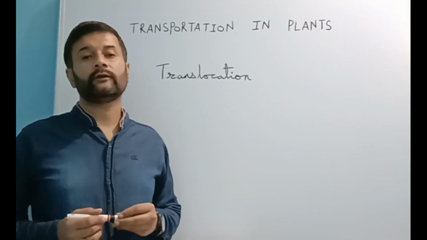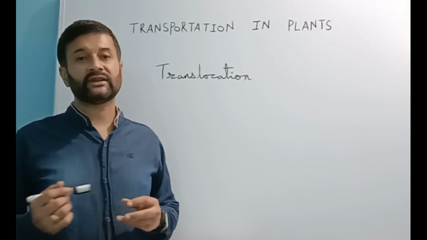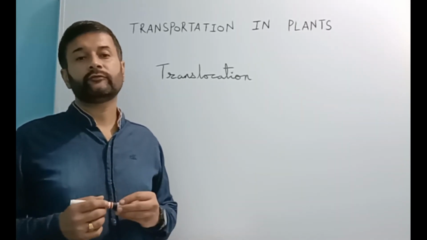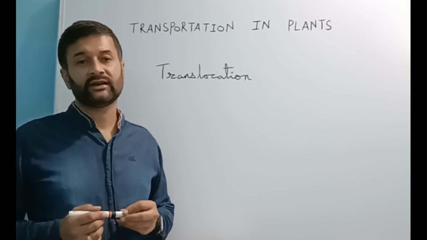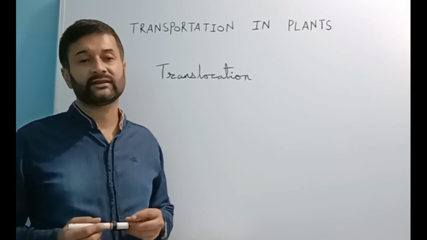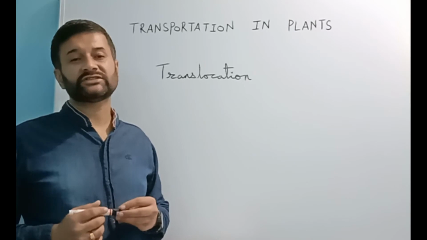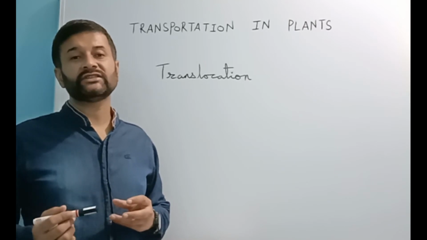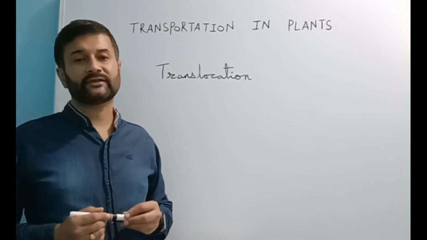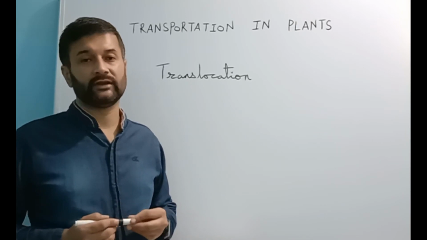Translocation is the process of transport of food materials prepared during photosynthesis from the leaves to other parts of the plant body through the phloem. The translocation of food materials and other substances takes place in the sieve tubes with the help of adjacent companion cells in both upward and downward directions. During the translocation in phloem, energy is utilized in the form of ATP. The network of phloem tubes helps in translocation of the food materials to other parts of the plant body.